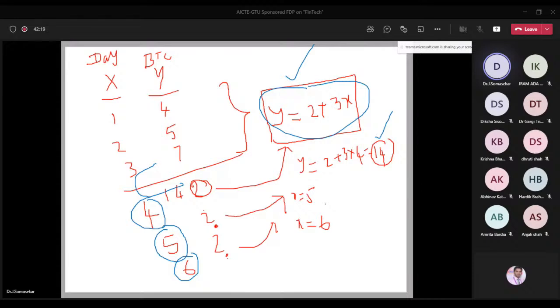So this is the basic idea and definition of machine learning. I hope it's clear. If you understood this definition, the rest of the slides you can understand very easily, because I'm going to explain in the same way, but I'm going to involve more mathematics when we come to the further slides.